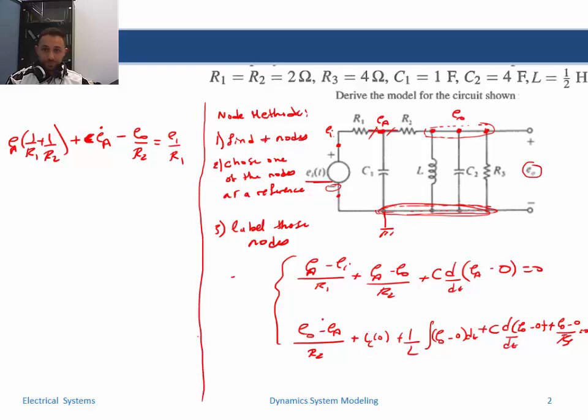And for this equation you could see that you have an integral and a constant term. You can eliminate them by